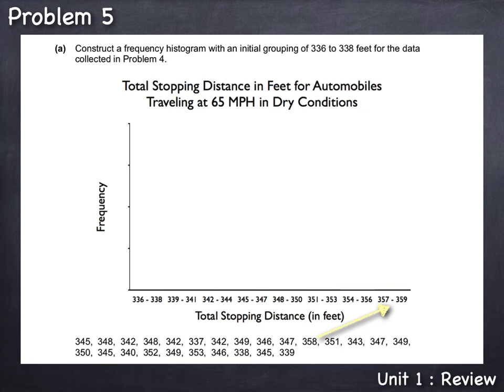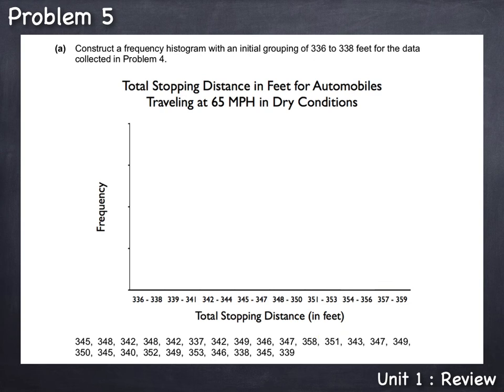Since the group just before the last group ended at 356 feet, the last group starts at the next value, which is 357 feet, and grouping them 3 at a time, we go from 357, 358 to 359. So now that we've included all the data in our range,